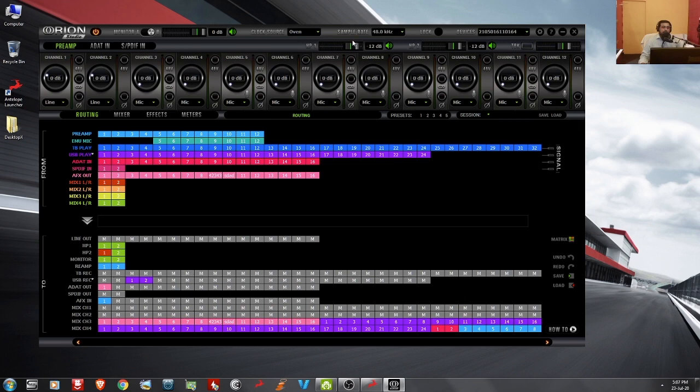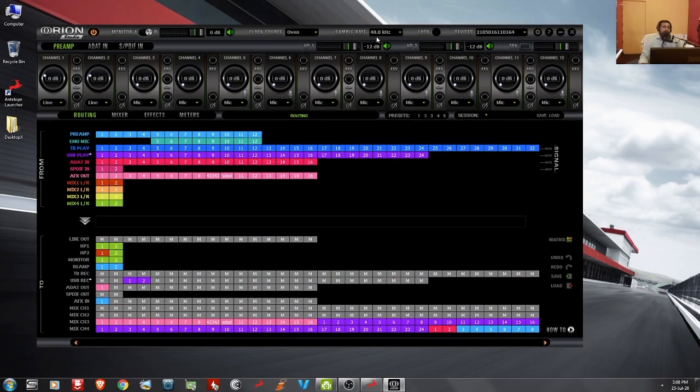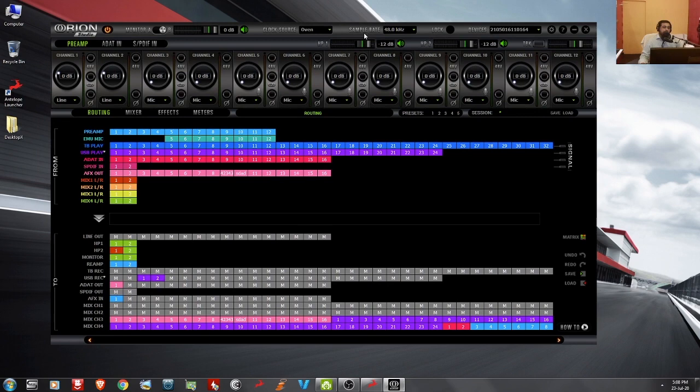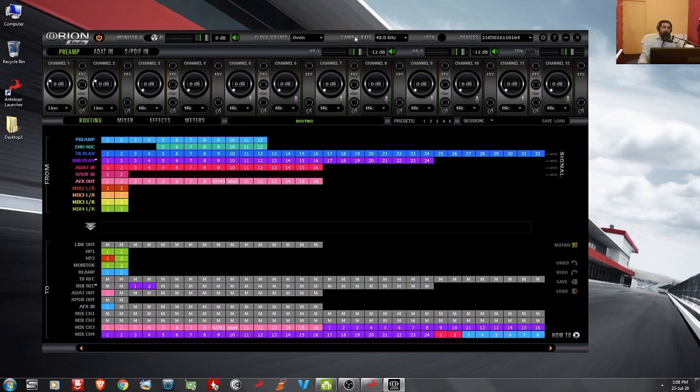Next, we have the option to select the sample rate. So the device has a sample rate from 32 kHz to 192 kHz. You can select the desired sample rate. If you are using the 48K as your default sample rate, you have to change your Windows playback sample rate to the same, so that you can play videos through YouTube while you are working with the DAW. There won't be any problem with the sample rates.